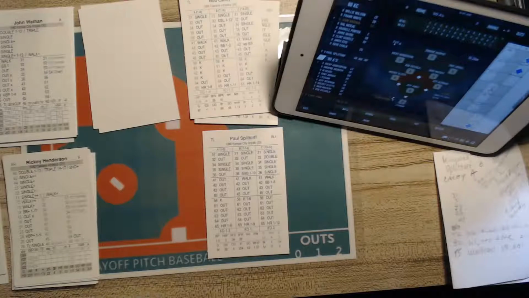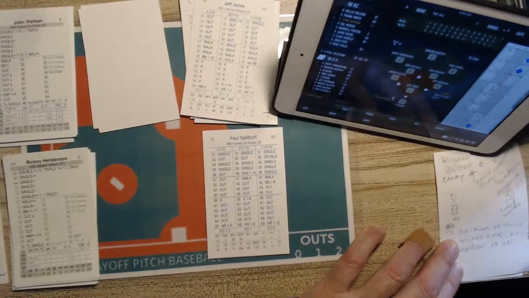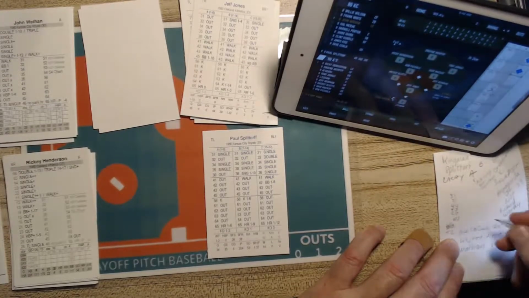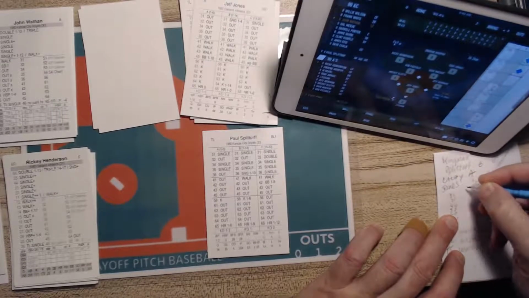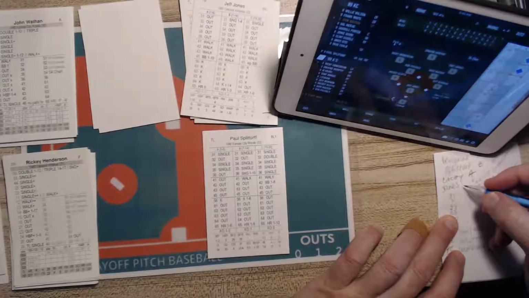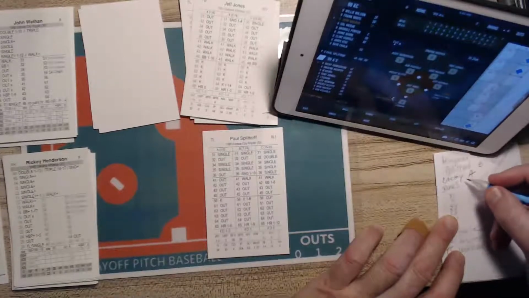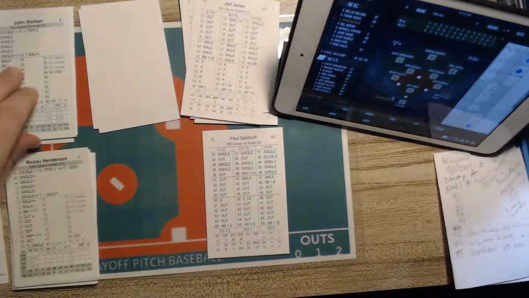So we're looking for, I believe his name is Jeff Jones. Here he is, and we're going to roll to see what kind of bullpen session he had. Throw that D20, and that's going to be a 12, so he's going to be a B. So Jones is a B. It is now 6-2. The Royals picked up 4 runs in the top of the ninth. The big hit being the 3-run home run by Frank White.